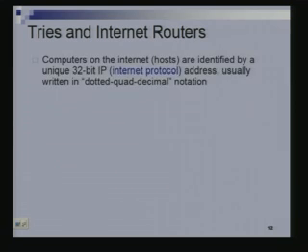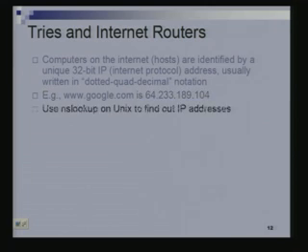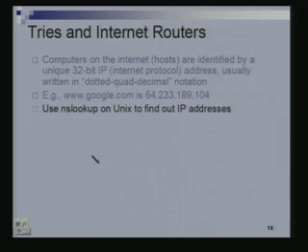Okay. Now you are all perhaps familiar that each node, each computer on an internet has an internet address, an IP address in internet protocol. It's a 32-bit number, right? And it's written in this kind of a notation. So google.com, I just checked, is something like this, right? Now what happens at a router? So you can use a utility called NSLOOKUP in Unix to find out the IP address of any node that you want to.